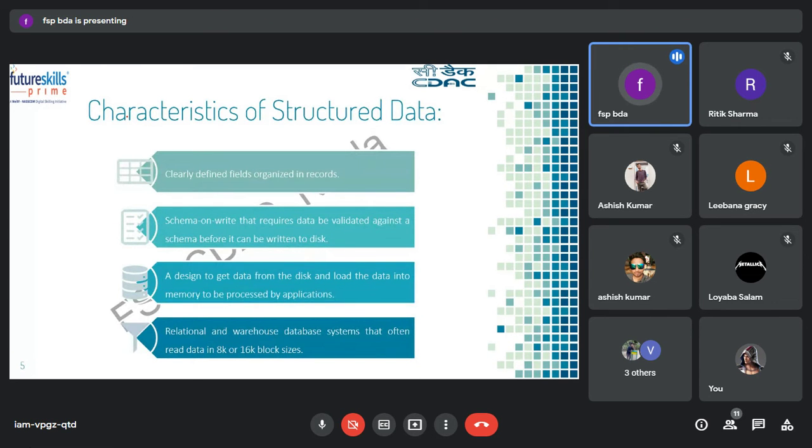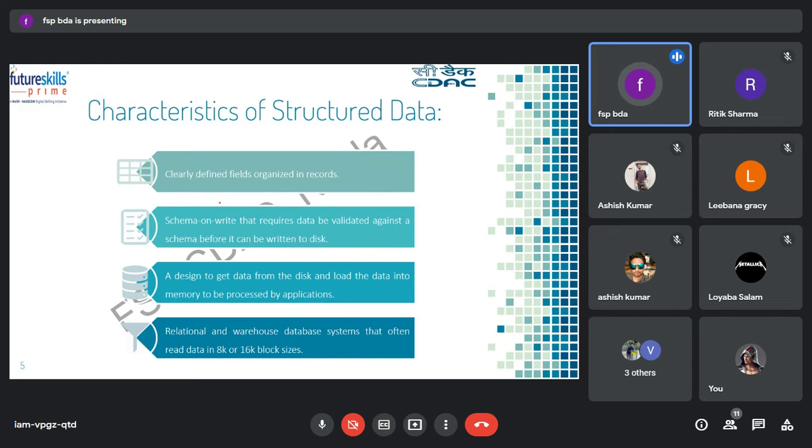These are some of the characteristics of structured data. Using this, we will also compare how traditional systems fail when we are dealing with unstructured data. Our traditional systems are designed from the ground up to work with data that has primarily been structured data. So first, the characteristics.